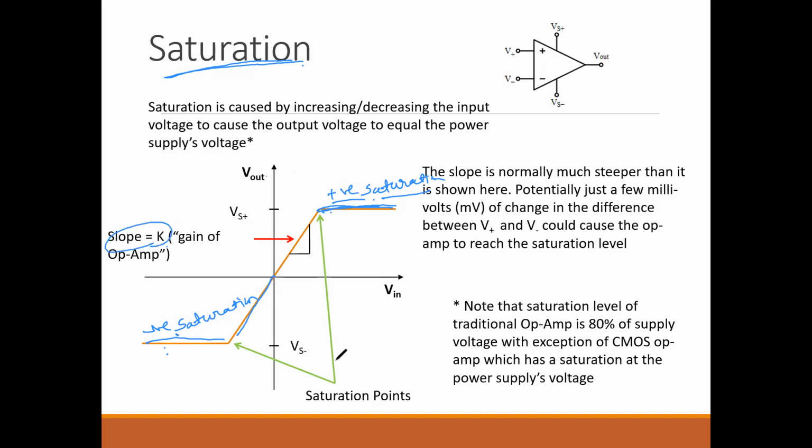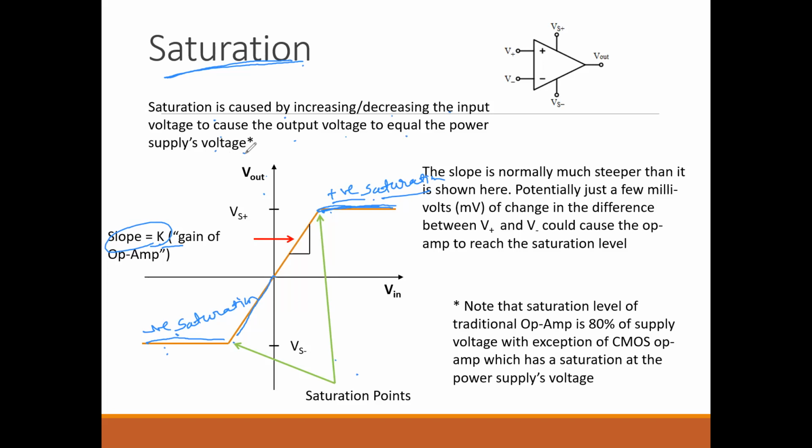So this is called the voltage characteristics of the op-amp. The slope of this straight line is called the gain of the op-amp, K. Saturation is caused by increasing or decreasing the input voltage to cause the output voltage to equal